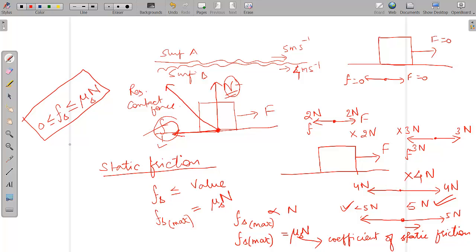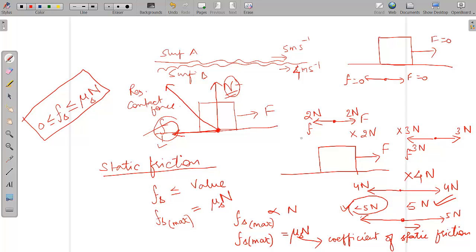So this is the case when the body is not moving, the case of static friction. Static friction means the body is not moving, or it has just started moving. So the maximum point is when it has just started moving. Before that, the friction acting was static friction. The 5 Newtons on this side is still static friction only. Let's say it is 4.9999, so that was the static friction maximum value. When you put 5 Newtons, it started moving. So when it started moving, a different kind of friction force will be acting.